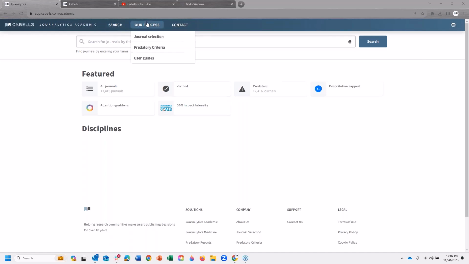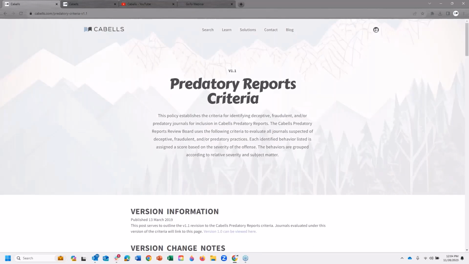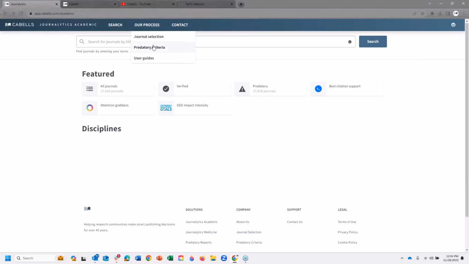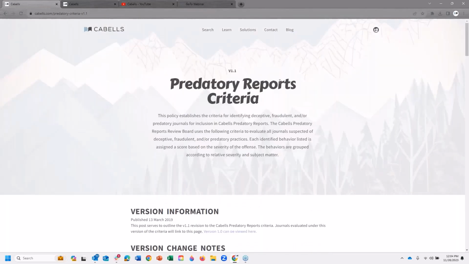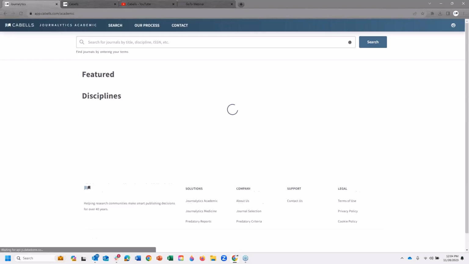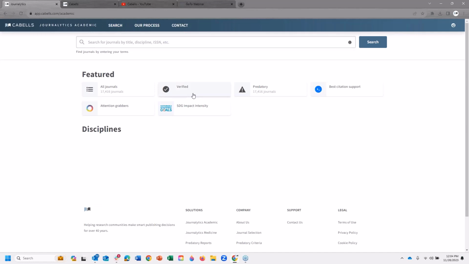Our process has some great links, I think, that have some useful information. We'll go over a bit of these. I actually took the liberty of clicking on this separately. It brings us to cabells.com. And like I said, I will show you because we can get back. If I click on predatory criteria, unfortunately, it takes us away from the database. Not the greatest thing. Usually the back button will bring you back to the database. But if you do find yourself at the criteria, you can click this search button, and it'll bring you back to the database. So that's just right away before we